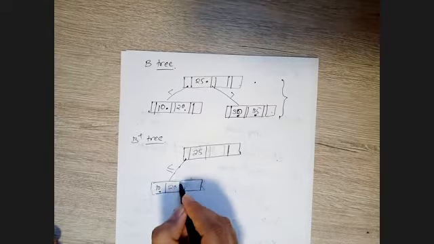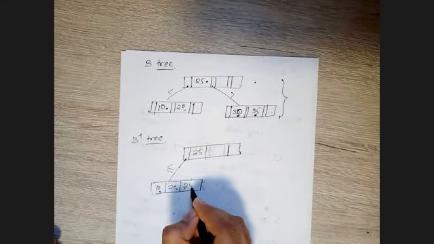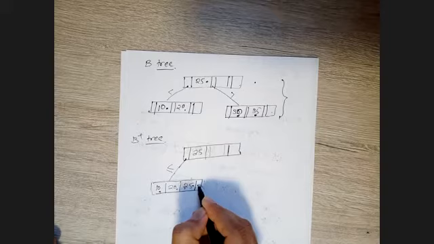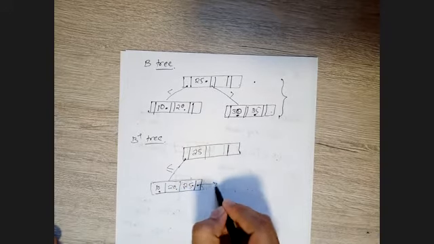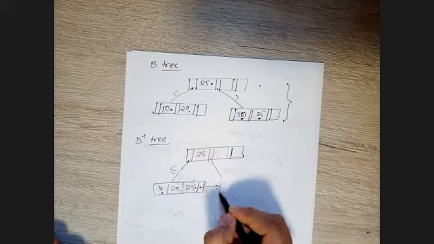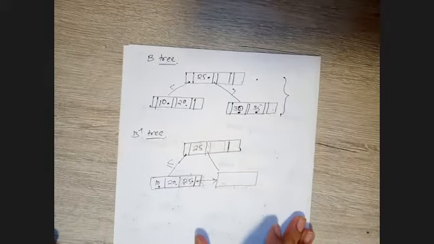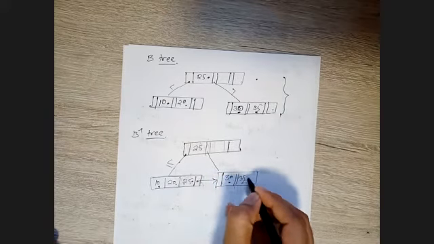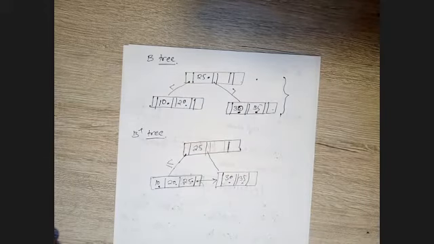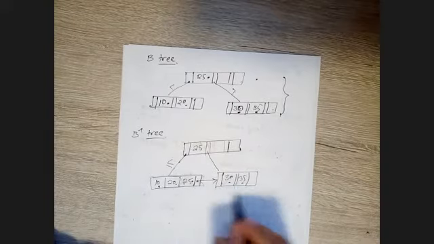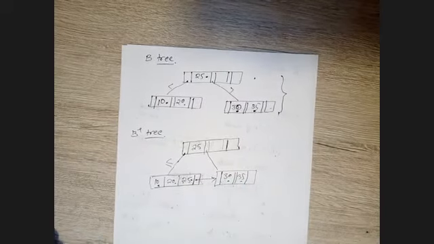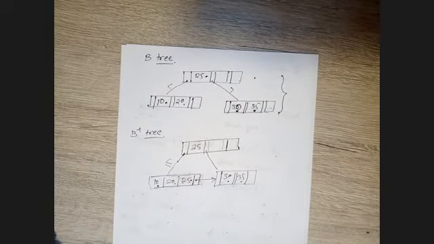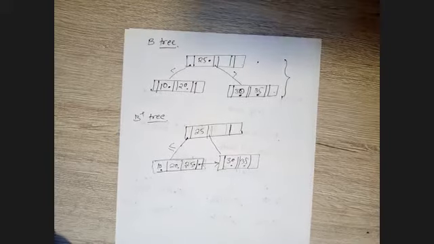And we have 20, let's say, and the record pointer, 25. And here we have the block pointer. This will point to the next block, that is here. Means the leaf nodes are all interconnected with each other, right? We have 30 record pointer, 35 record pointer, and so on, right? So all keys are in the leaf here, remember. These are the record pointers, and then we have the record, and in that way all the records are connected over here, right?